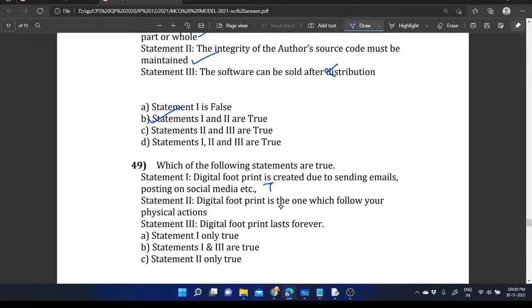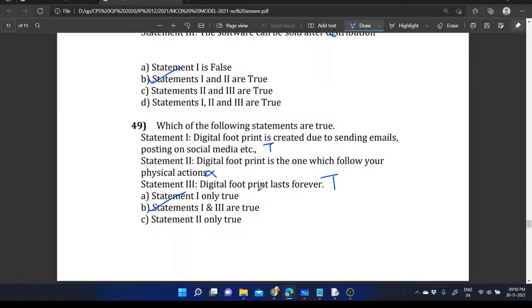Then, digital footprint is the one which follows your physical action. That's actually wrong. So that's not the correct one. Then digital footprint lasts forever. Yes, that's true. Even if you delete the history, that will not be removed from the digital footprint. So statements 1 and 3 are true. So this one is the correct option.